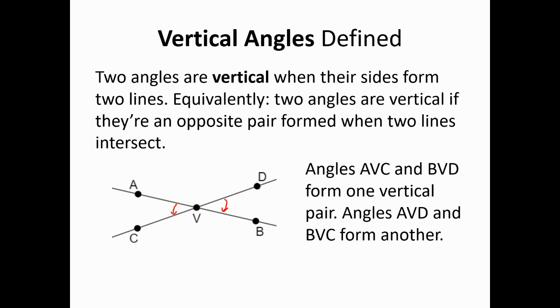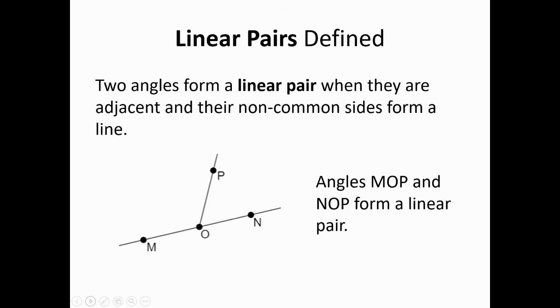Now, of course, there will be another vertical pair as well. Like, for instance, if one were to take AVD and CVB, notice that those are also a pair of angles that lie opposite one another when two lines intersect. So the general point then is that whenever we intersect two lines, we get two pairs of vertical angles. Linear pair: we say that two angles are a linear pair when they're adjacent and their non-common sides form